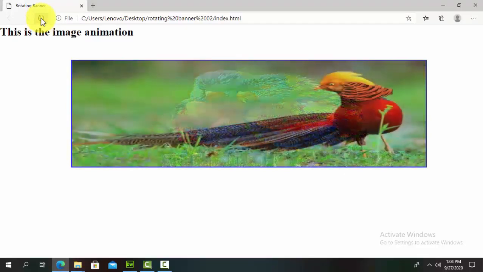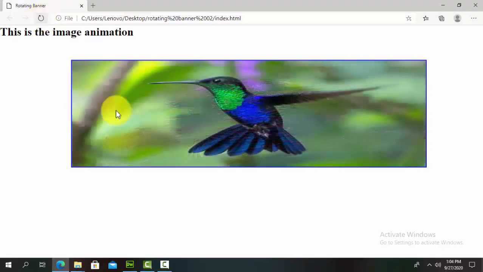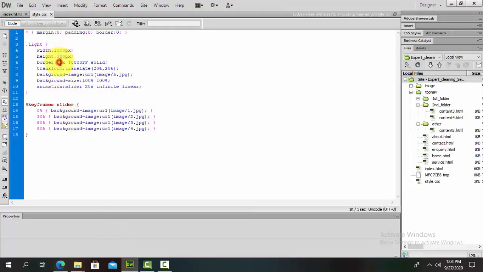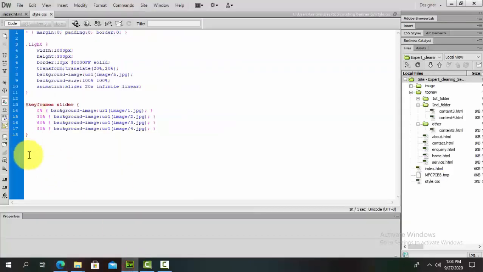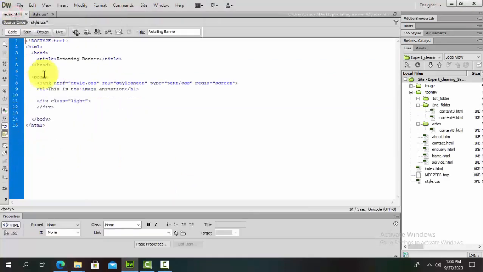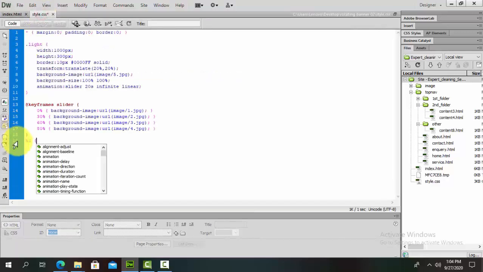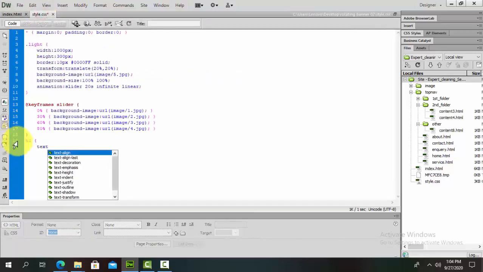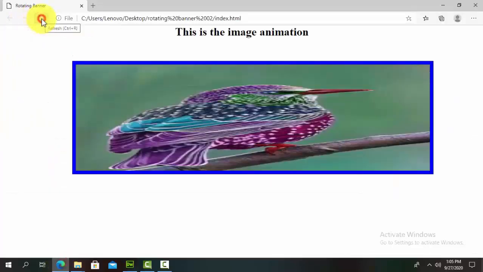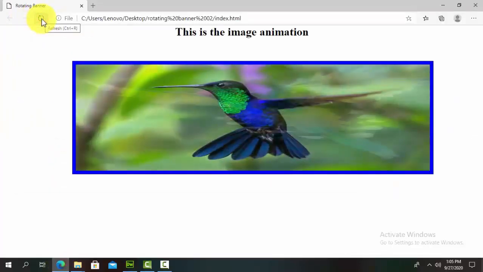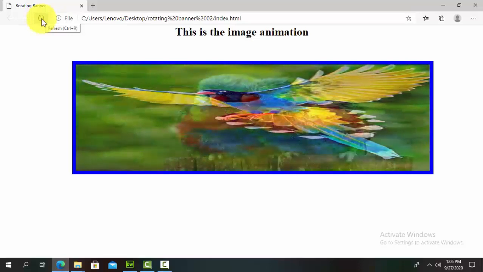I just changed my heading from the left side to center. In order to change my heading, I change the border to 10%. Right now you can see that my border width is 10 pixels and it is showing the border. Simply save this one. Then I write the CSS property for the H1 tag. In the H1 tag I write text-align: center, then close it. Refresh this one. Right now you can see that our H1 tag is in the middle section.